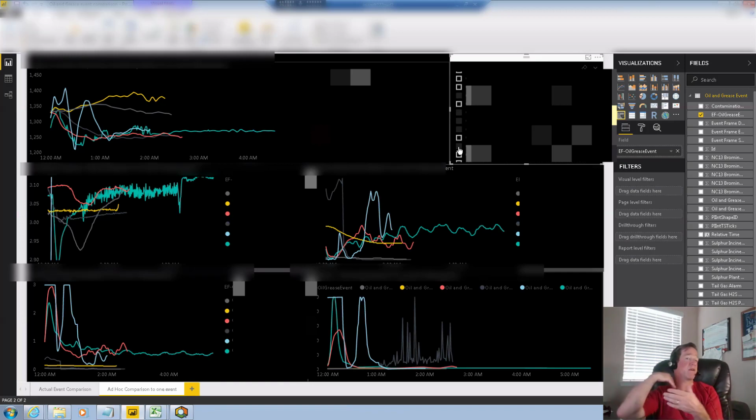So this is maybe a first pass of a subject matter expert being able to look at all the events and see if they see a pattern. It also could be a way that we are able to take that data and slice it up and say, hey, machine learning model, here's what happened immediately before and during the event. Here's all the data. Now compare it to data of when things are running good and I don't have a problem.